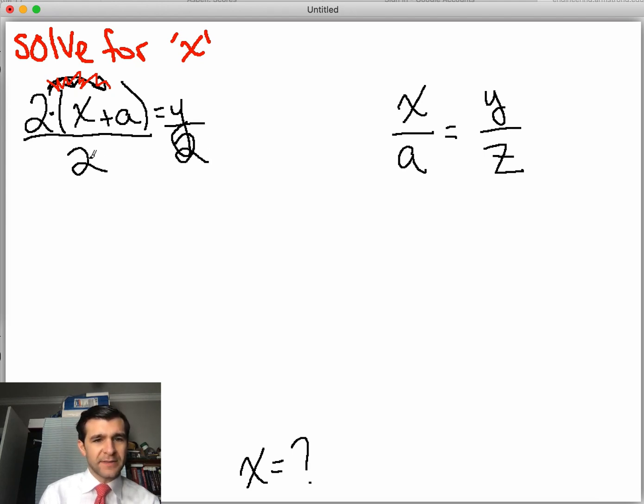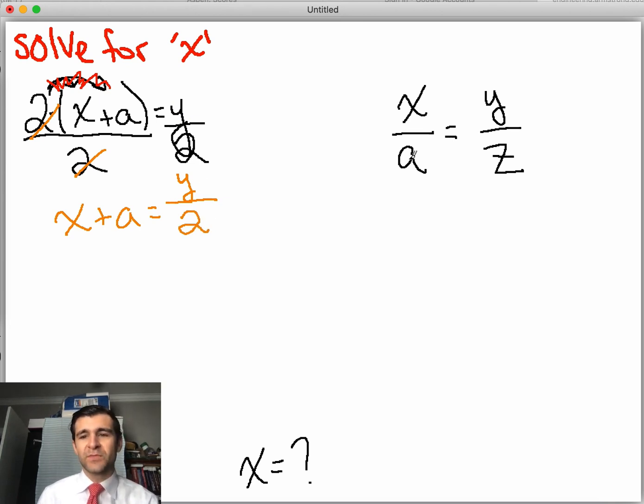Because I want to get rid of this 2. I don't like that 2 on the left side, so that goes away. So I have x plus a equals, now we have something new on the right side of the equation, y